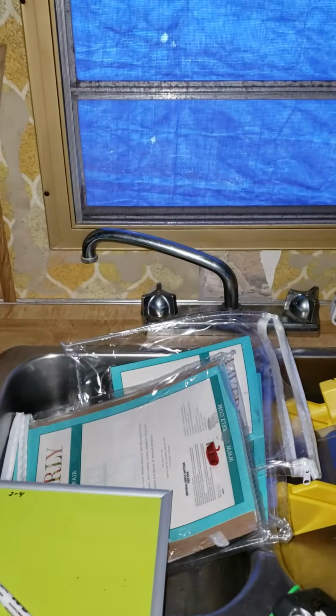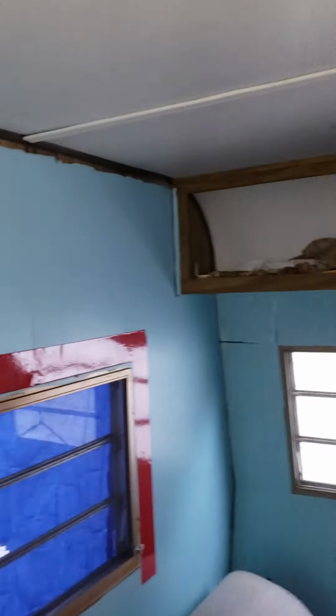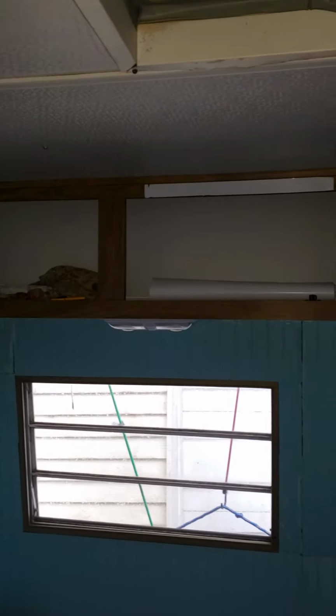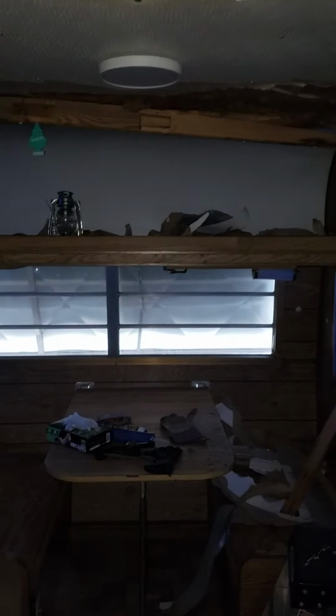So far, I think I've spent maybe a couple $100, mostly in tools. I mean, like I said, I'm gonna probably do some crown molding around the top there, and I bought some white contact paper to cover up the brown paneling, just on this half. I'm gonna leave the brown; it's too much work. I want to use it